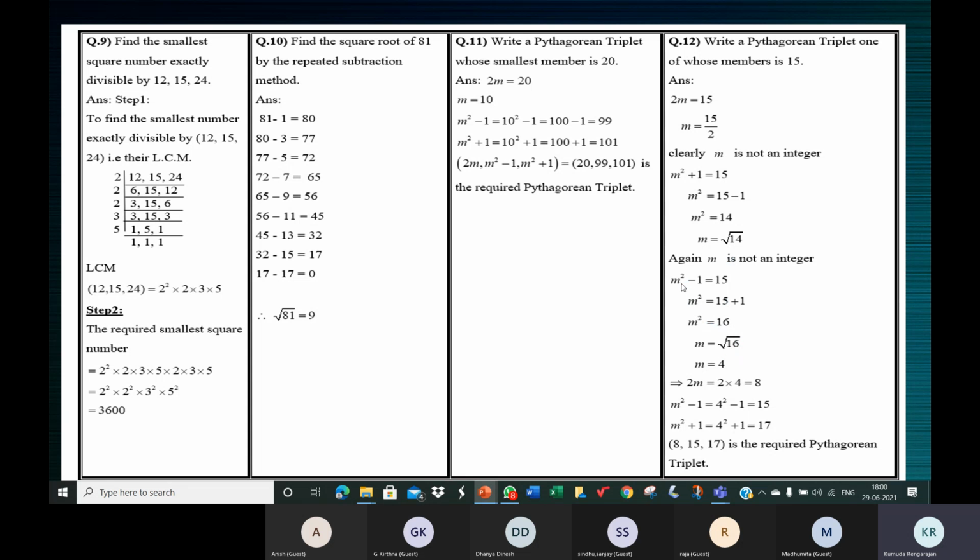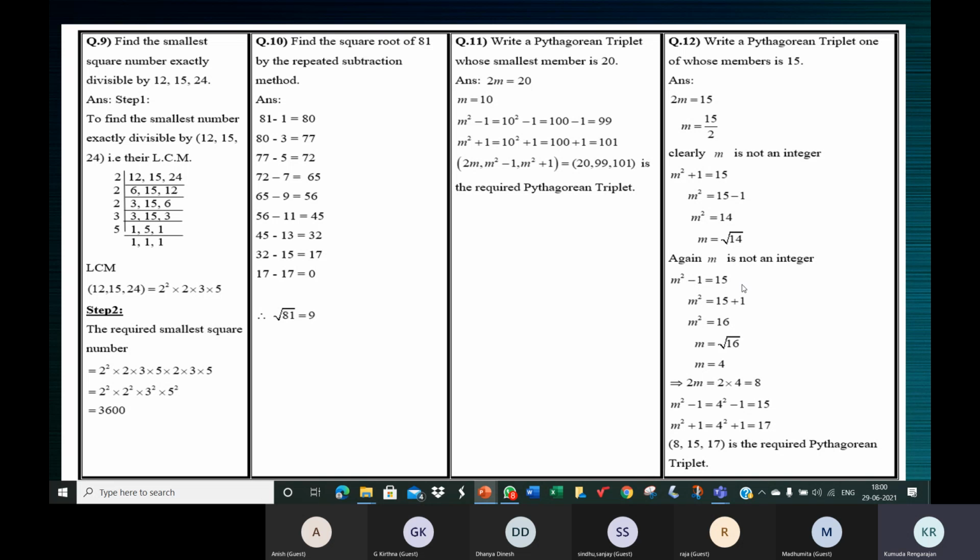Maybe you would have started working with m square minus 1 is equal to 15. Maybe you did not do the other two and went straight to m, because in your mind you could calculate. When you equate m square minus 1 to 15, the 1 will go to the other side and become plus 1. So 16, you get the perfect answer here. So you can directly start with this. It's not that you must show the other steps and then come to this. You can work only this step straight away.